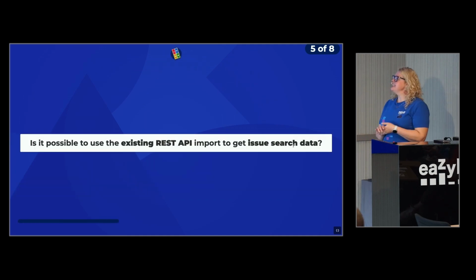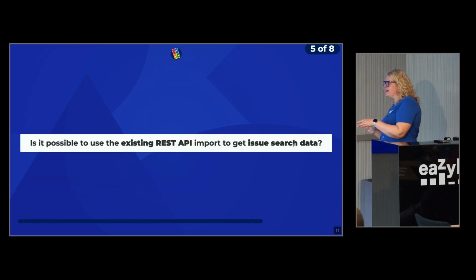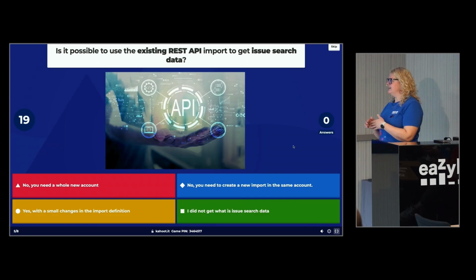So the next question: is it possible to use the existing REST API import to get issues search data? No, you need a whole new account. Yes, with small changes in the import definition. No, you need to create a new import in the same account. I do not get what issue search data is.